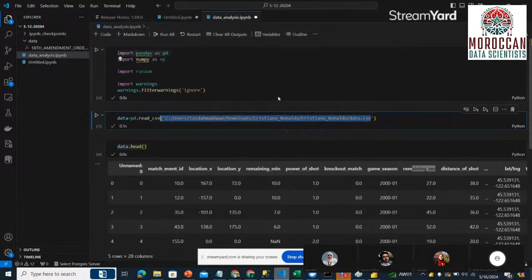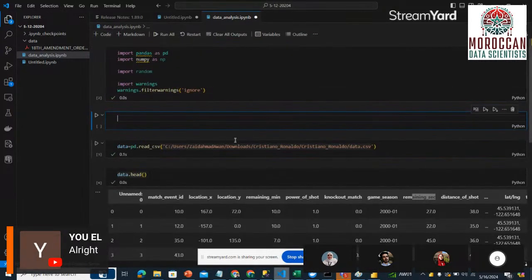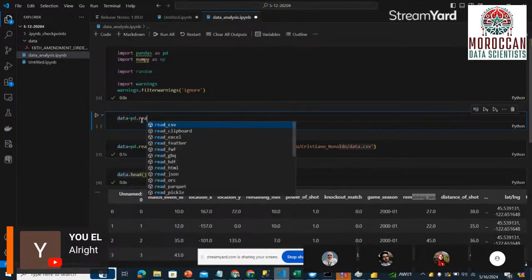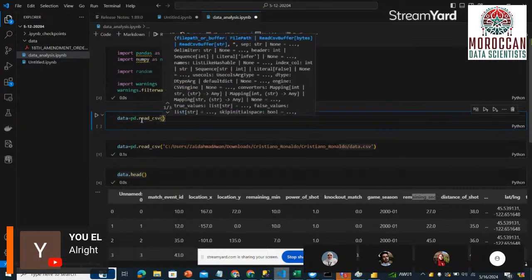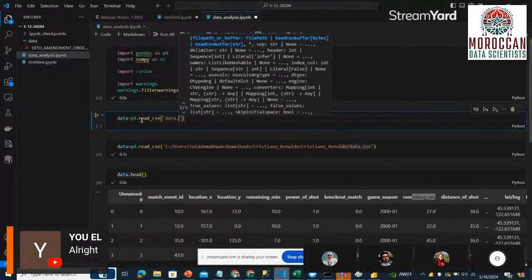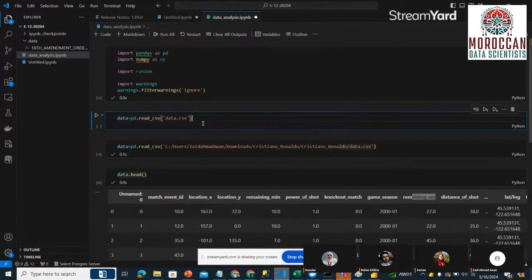If your data is in the same directory, you can simply provide the path of your data like this. Otherwise, you have to provide the complete path. So if my data is in the same directory, I can simply read data like this: data equals pd.read_csv, and then simply the name of the file with the extension csv. But if data is not in the same directory, you have to provide the complete path of the data,